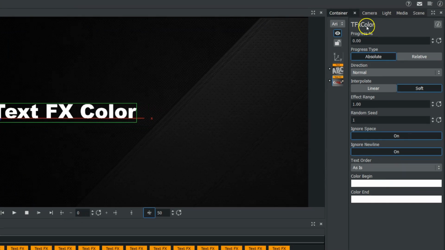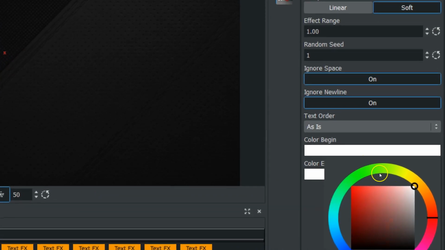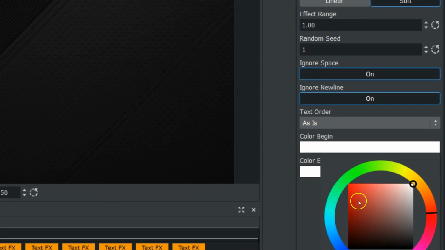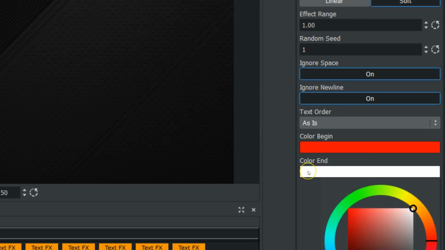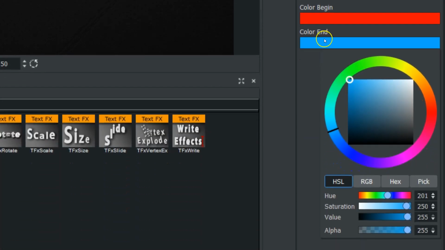And what we need to do first, once we're in the text effects color properties editor, is to choose a color. So we'll come down here and choose our first color. Then we can select our second color down here. So you can navigate your color picker here. There's an HSL, an RGB, a hex, and even a pick here. So if you wanted to select pick and then roll this picker around the screen, it will pick a color